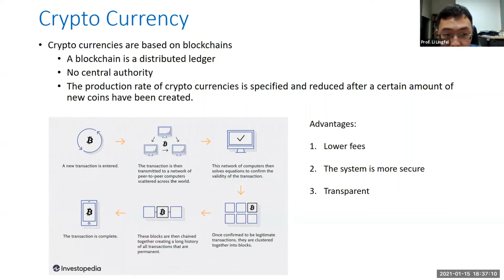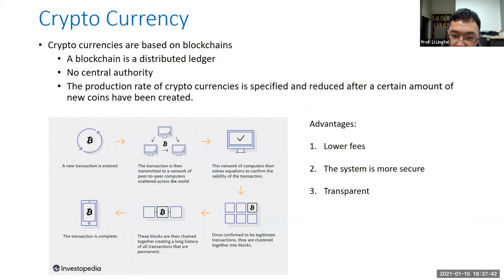But if you use blockchain, the system has a very low probability of being hacked. Because this probability is so tiny, you can even ignore it. So you can even say that the system is unhackable. Although in reality there's a very small probability of hacking the system, it's so small that you can ignore it. So in terms of security, the system is definitely more secure.